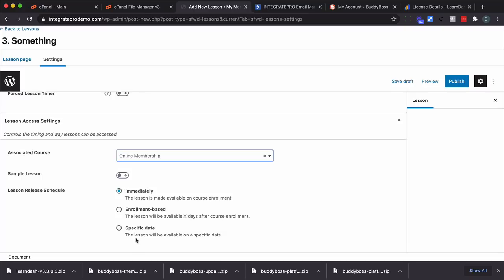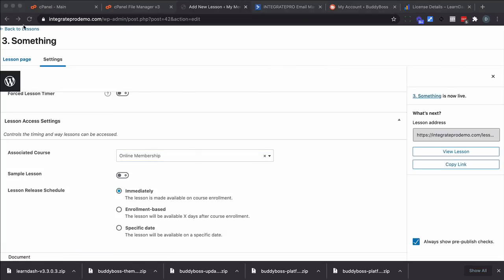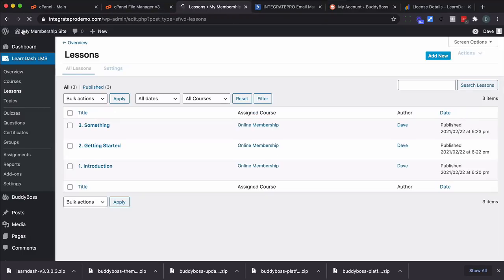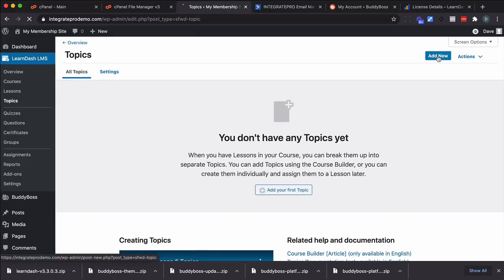And there are some options here. In general, I'm going to leave it as immediately. I'm going to go ahead and publish again. Now, for sake of completeness, I'm going to go back and actually create a topic which goes underneath a lesson. So the hierarchy is courses, lessons, then topics. So I'm going to click on topics here, click on Add New,